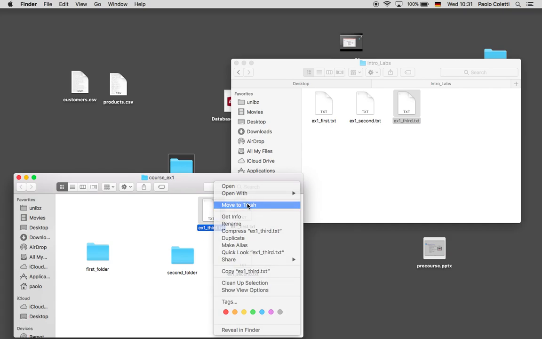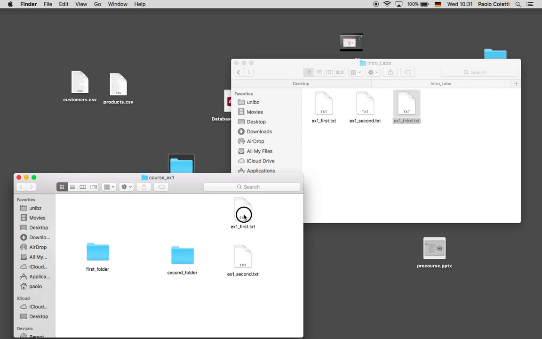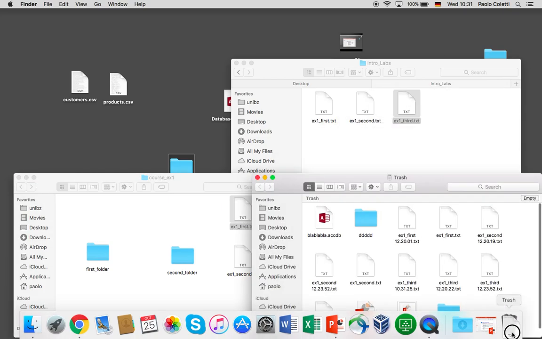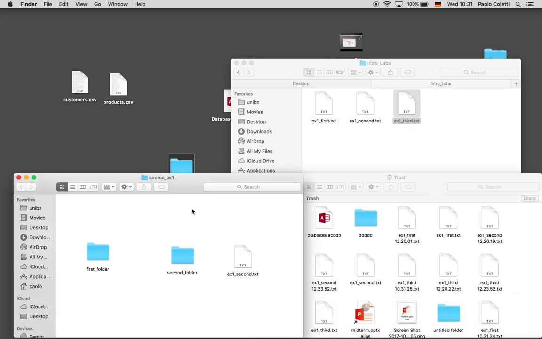Second alternative, you manually move the file to the trash. Third alternative, on Windows you just press Del, which on a German keyboard is Entf, on Italian keyboard is Canc. Here you have to press Command Del, Command Entf, Command Canc, depending on your keyboard. Or if you don't have the Del key because you are using a notebook, Command Backspace. So Command Backspace. Trash. Okay. Goes into the trash.